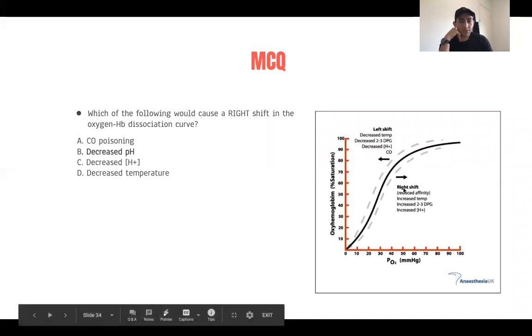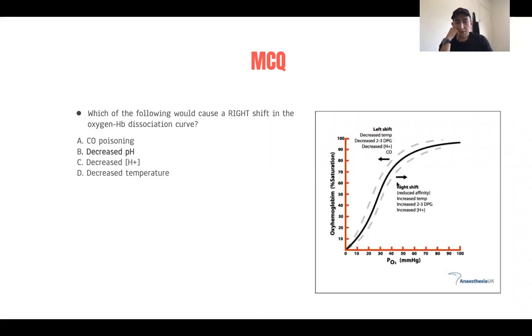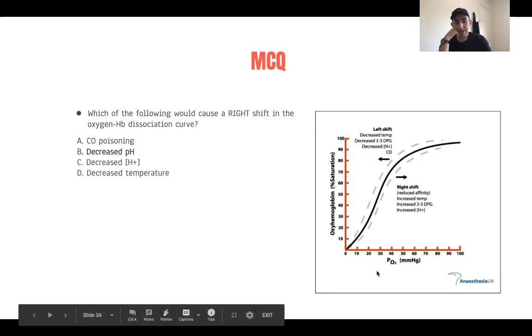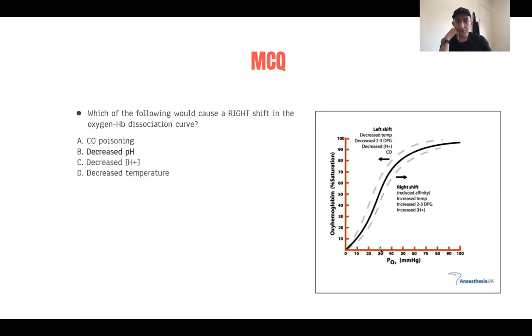So this is the oxygen hemoglobin dissociation curve, okay? We basically look at the partial pressure of oxygen, which usually goes up to 100, and then what percent of hemoglobin has oxygen bound to it, okay? This obviously also goes to 100%. A few key takeaway points